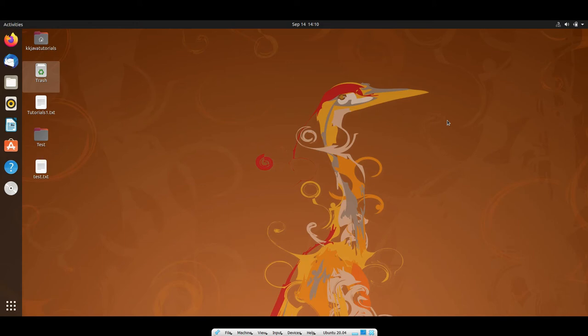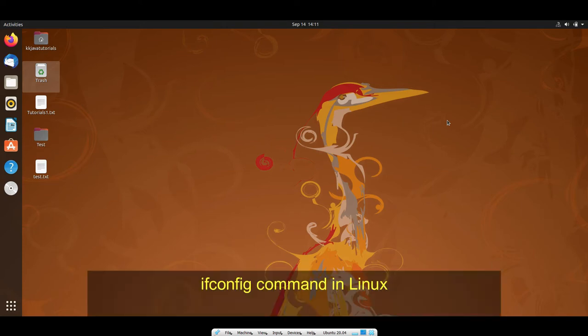In this video tutorial, we'll talk about the ifconfig command in Linux. ifconfig stands for interface configuration. This command is basically used to configure the kernel network interfaces. It is used at boot time to set up the interfaces as necessary. After that, it is usually used when needed during debugging or when you need system tuning, right?